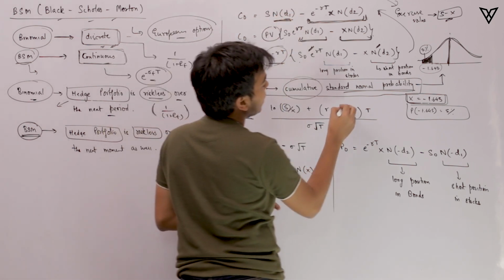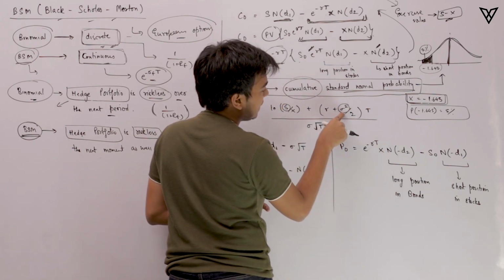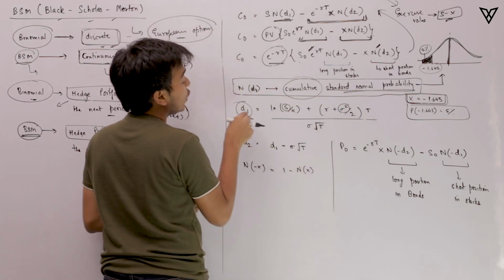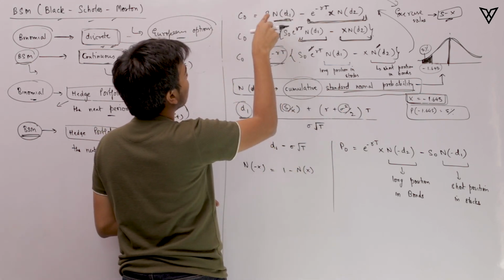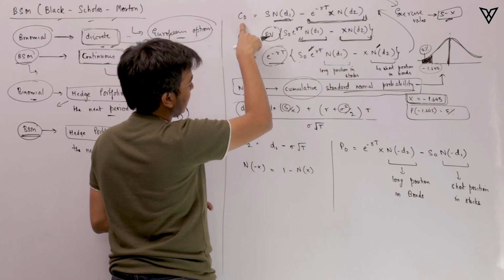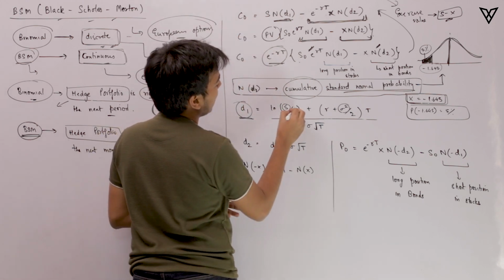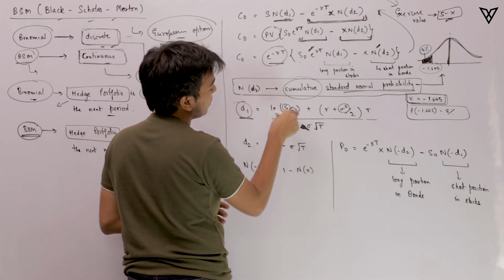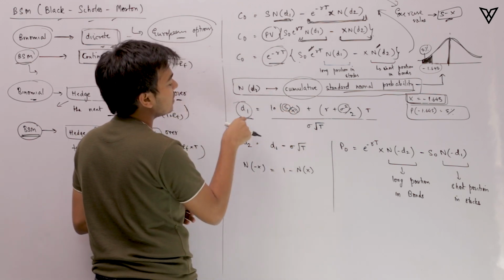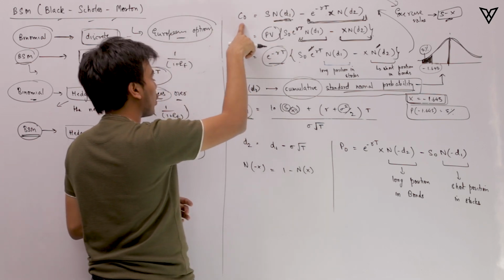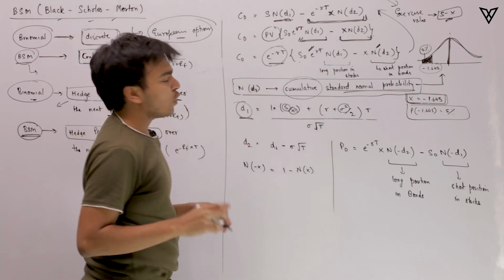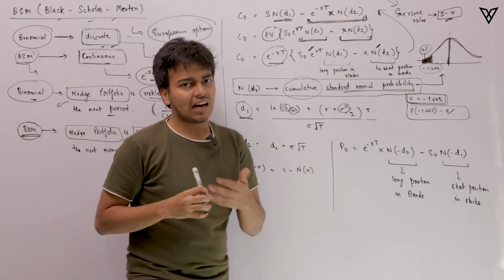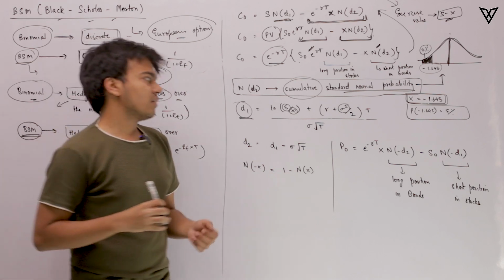In a similar way, if you look at volatility, if volatility increases, this entire term increases, and once this entire term increases, you will see D1 increasing, and once D1 is increasing, you will see the value of the call option increasing. Alright, so that is how it works, and it has an inverse relationship with the exercise price. Once you see the exercise price increasing, you'll see D1 decreasing, and the call option value also decreases. So all the relationships which we know between the multiple variables and the call option value would stick here.